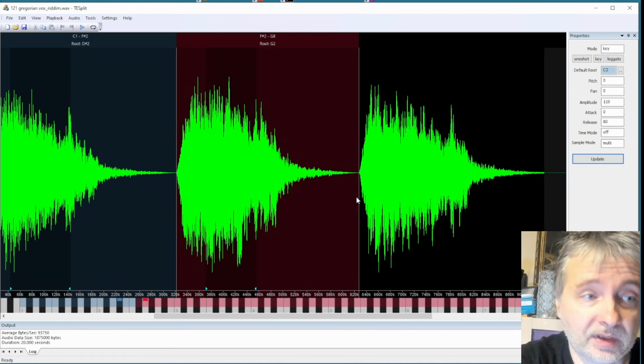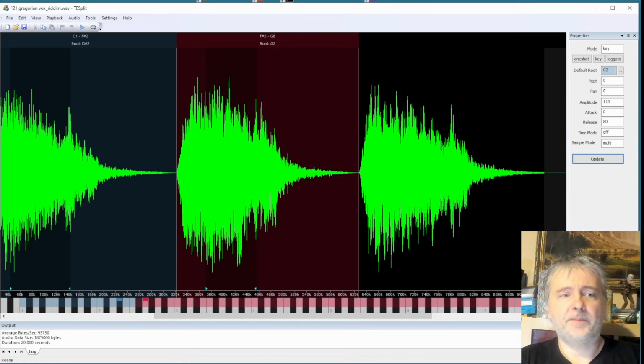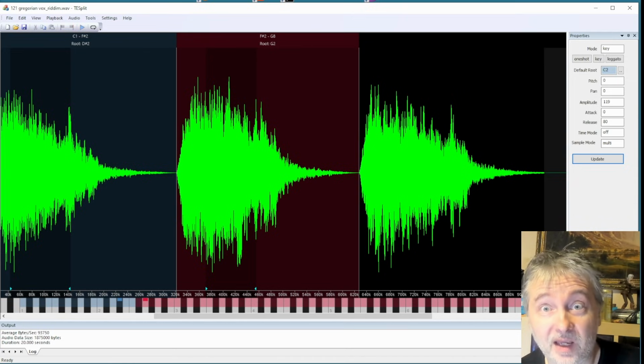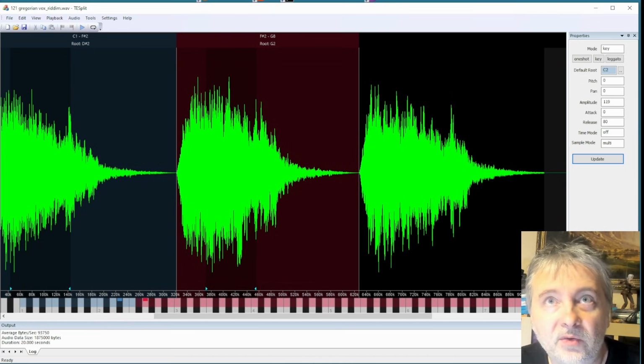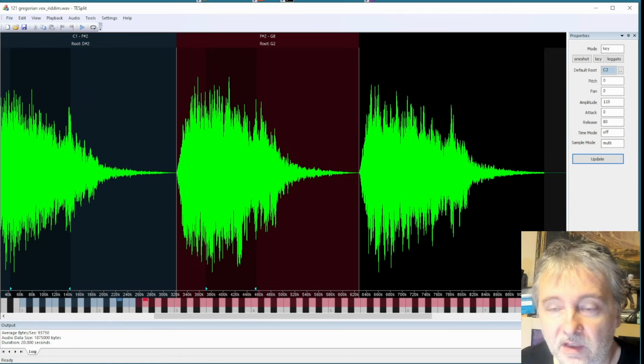I'm totally going to... Why am I so zoomed in? I'm totally going to milk this, and in a way I'm going to make so freaking many multi-sampled instruments that it will fill your Riddim with my stuff. I have so many instruments at home, and I'm going to sample everything, and I'm going to make every multi-sampled instrument you don't want. So these multi-samples are both good for Riddim and medieval, unless they update KO2, which they